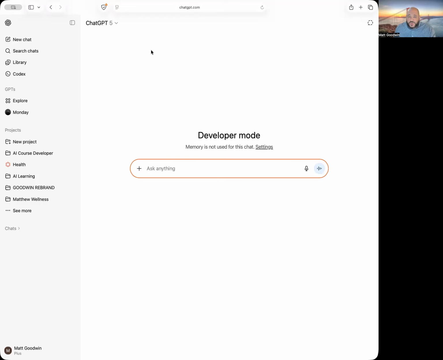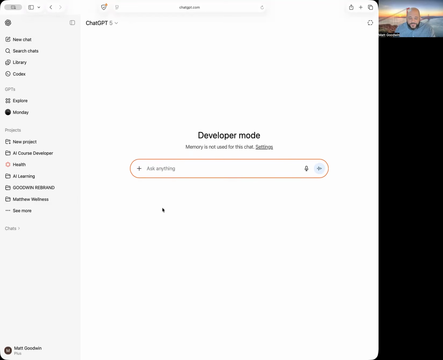Give me just a moment. I'm going to share my screen with you, and then we'll take it from there. All righty. So what you should see now is the ChatGPT welcome page. All right, this is the basic setup. As you can see, mine is in developer mode. You don't necessarily have to do that, but there's a few things that I'm beta testing that we'll talk about